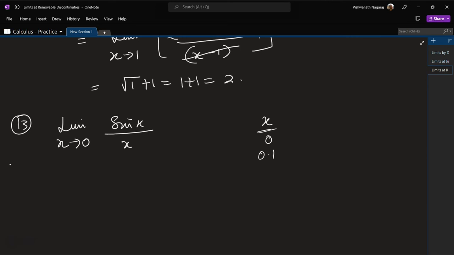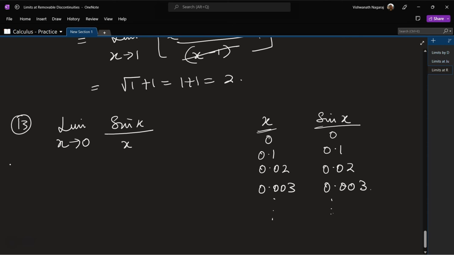And we take 0, 0.1, 0.02, 0.003. Then what happens to sin x? Now sin 0 is 0. Sin of 0.1 is 0.1. Sin of 0.02 is 0.02, 0.003. So as we keep going forward, you will realize that x is equal to sin of x